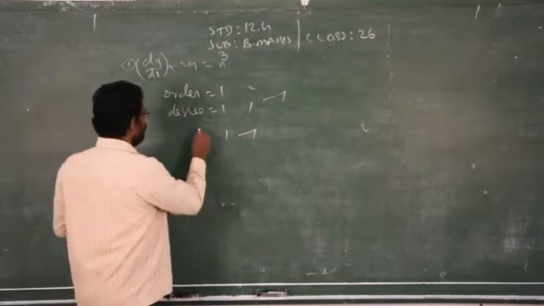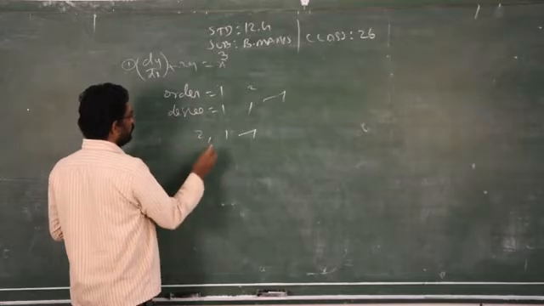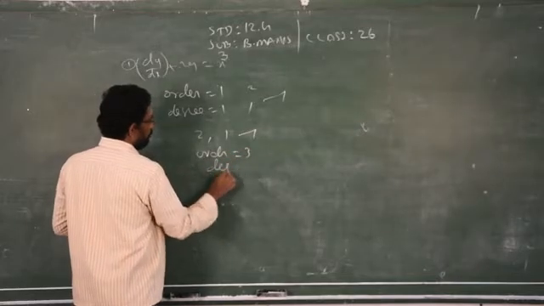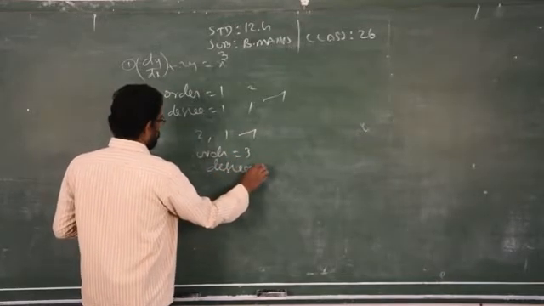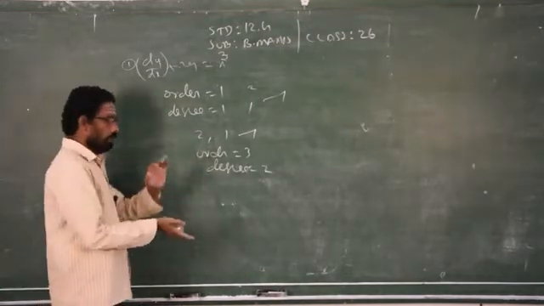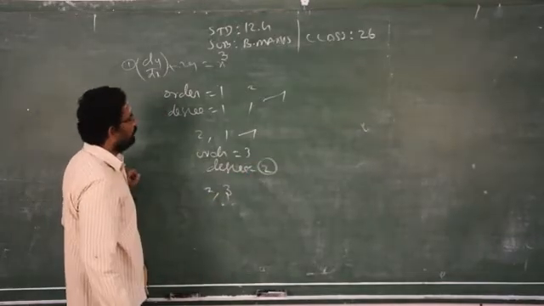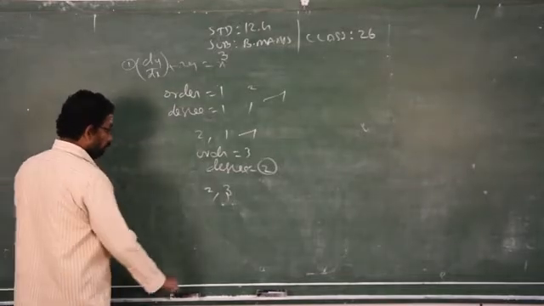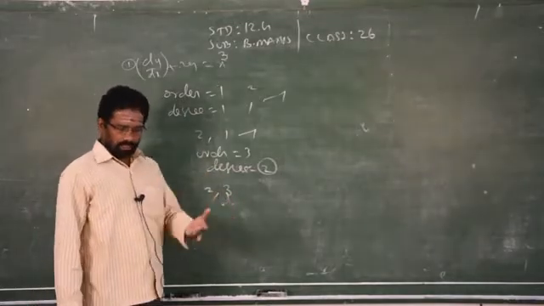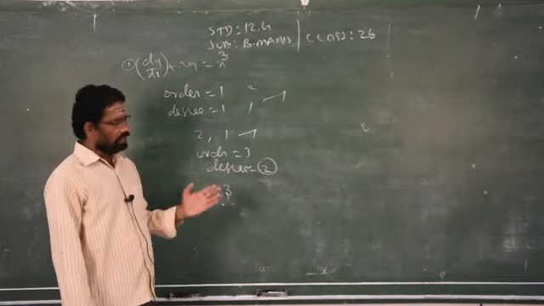Clear? So if it is degree 2, order 1. If it is order 3, degree 2, that is correct according to this question. But in the examination, if they ask degree and order, what is your answer? 2 and 3. Clear? So be careful when writing down the answer in an objective question. They will ask an objective question in this format, because in the exercise order and degree is given, whereas in the objective questions, they will ask the same question in the reverse order, degree and order.